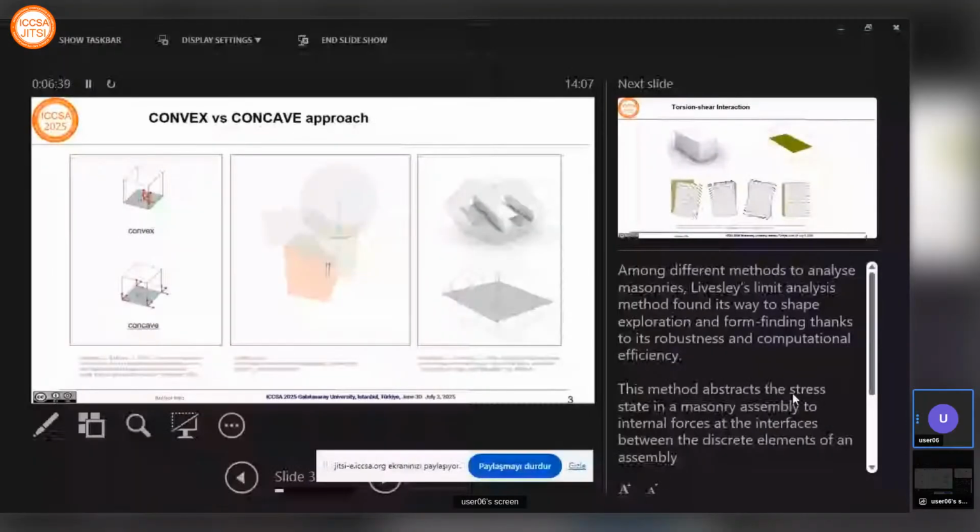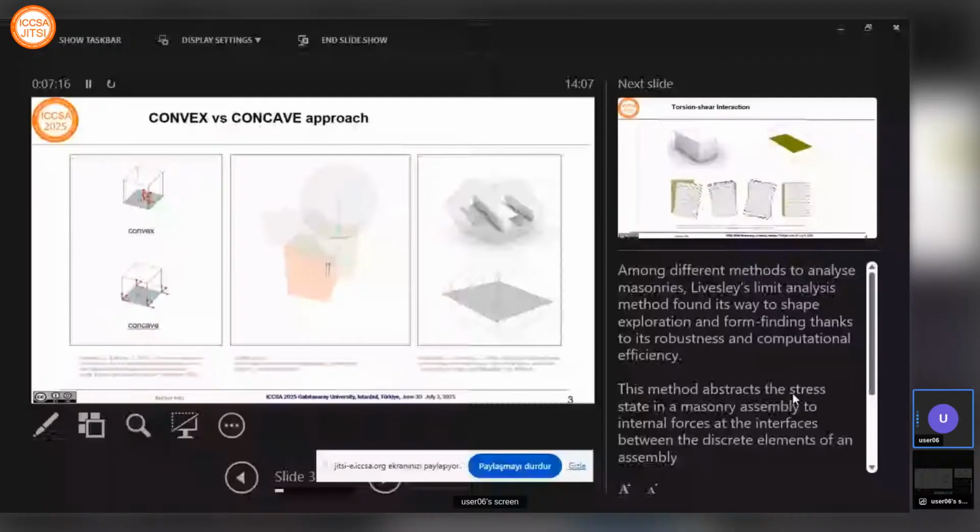Somehow use the internal forces at these contact points to find the optimal geometry, or to find a geometry with minimum infeasibility actually. So the concave approach, because of its flexibility, has been more used in generation of new masonry assemblies, including interlocking assemblies. As you can see here, for example, in the middle, this is the method which has been developed by Block